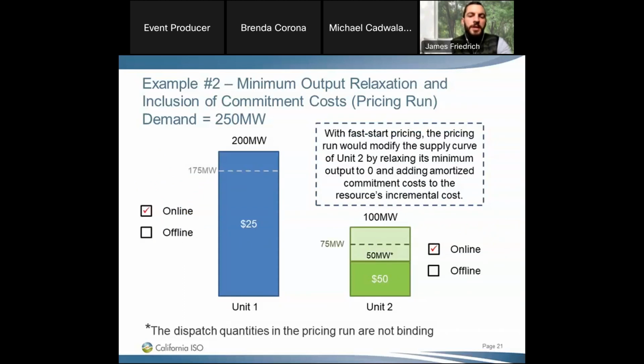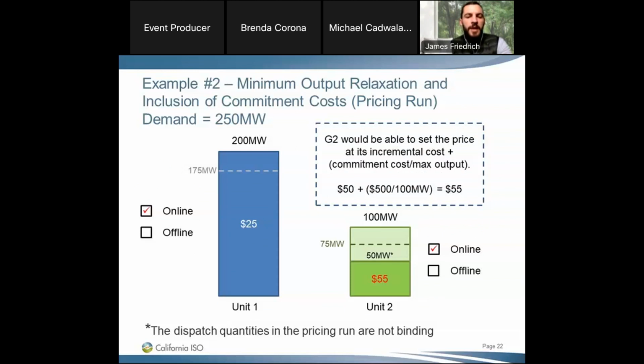Now, with fast start pricing, we modify the supply curve of Unit 2 to demonstrate that the resource in the pricing run is dispatchable between 0 and 100. Without incorporation of commitment costs, we saw in the last example that the marginal price would be set by Unit 2 at $50. Again, the dispatch quantities in the pricing run are not binding dispatches. The dispatches would come from the scheduling run, but the pricing run would just determine the pricing that results from the dispatch. Then if we go to the next slide,